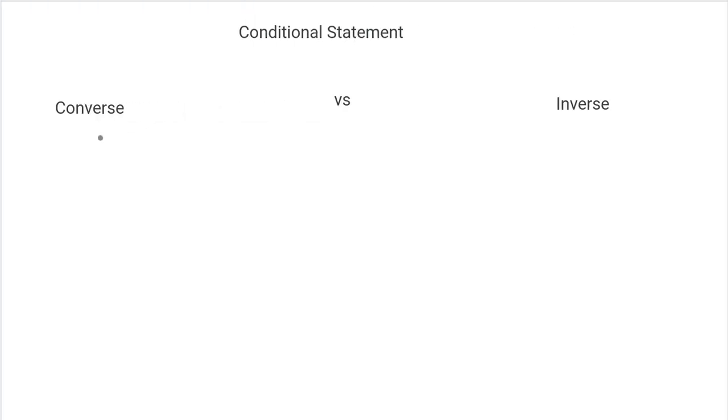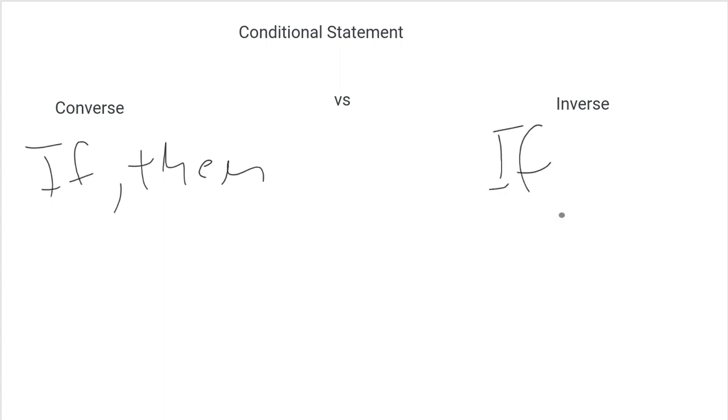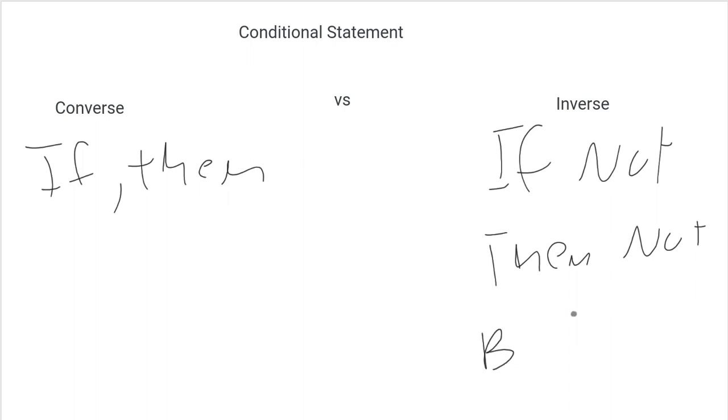So for conditional statements, we have converse, which means if, then. And that's everything that we just covered on the other slide. The other one is an inverse. If not, then not. And an example is, let's pretend that Billy got in trouble at school,